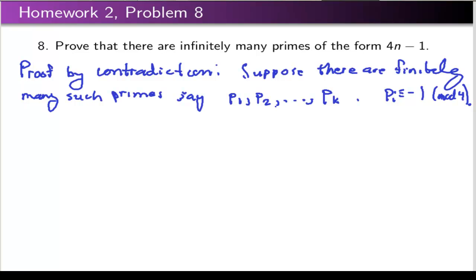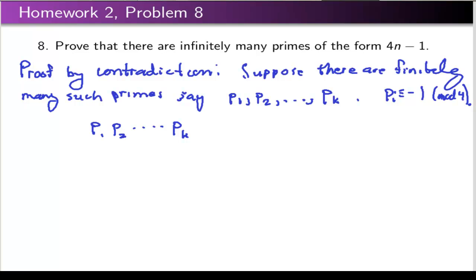Okay. So how do we get a contradiction? So we need to come up with some big positive integer that will not be divisible by any one of these primes right here, and yet we know that it should be divisible by some prime that's congruent to negative 1 mod 4. Well, if we take the product of these numbers right here and I add 1, like we did in the standard method,